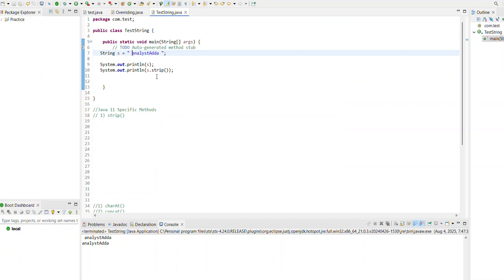You can see here, this is the normal print I use. It doesn't remove the space. But while using strip, it removes the starting and ending spaces. For example, if I add the Unicode space,